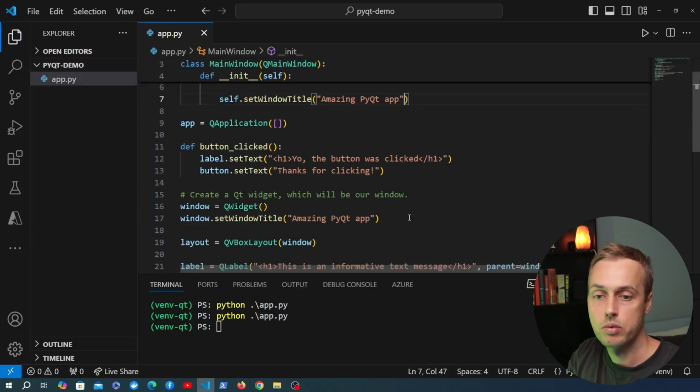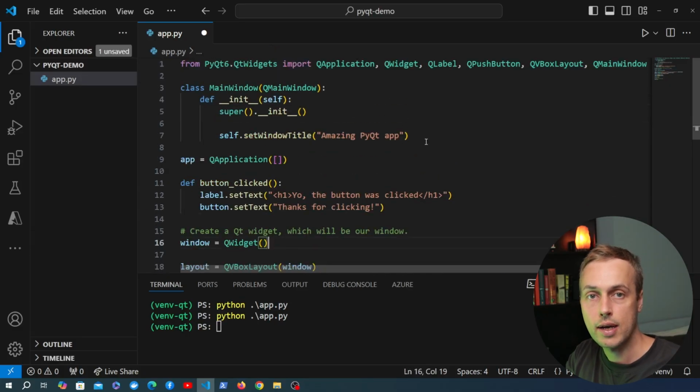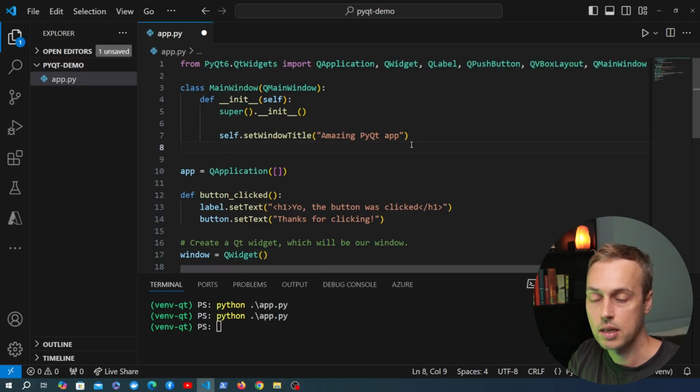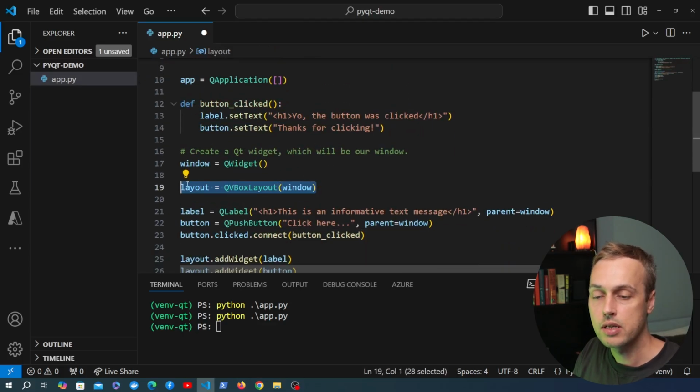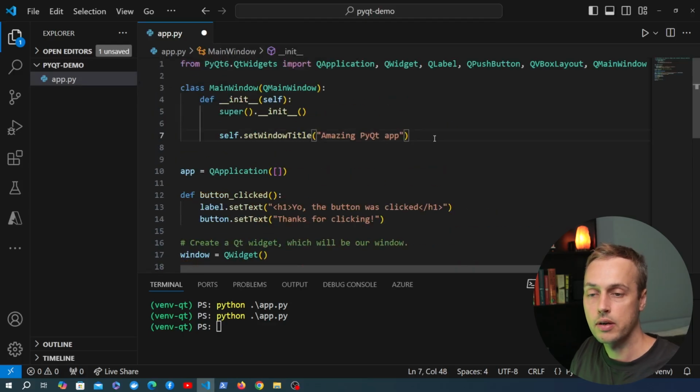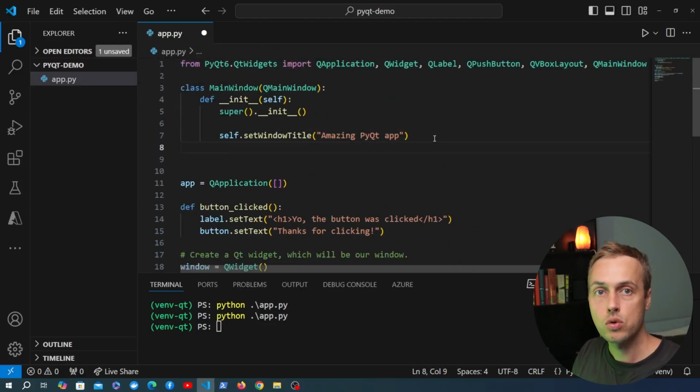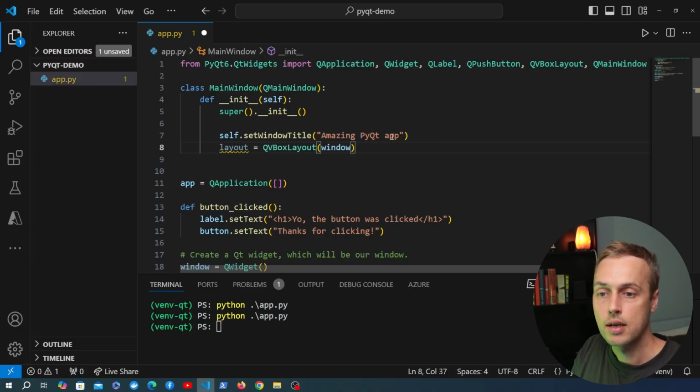Now what I'm going to do is just remove this because we've added it, and I'm going to gradually build this user interface up using the class. So after we set the window title, I want to grab this layout that we have here, and I want to bring that into the __init__ method because within this window, we want things laid out from top to bottom in a vertical layout. So we're going to create a layout variable here,